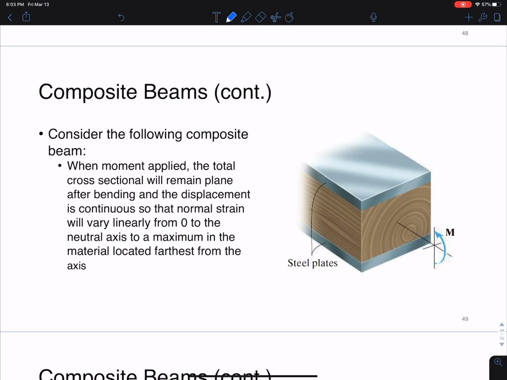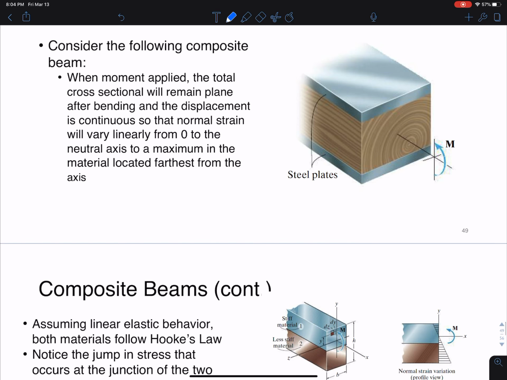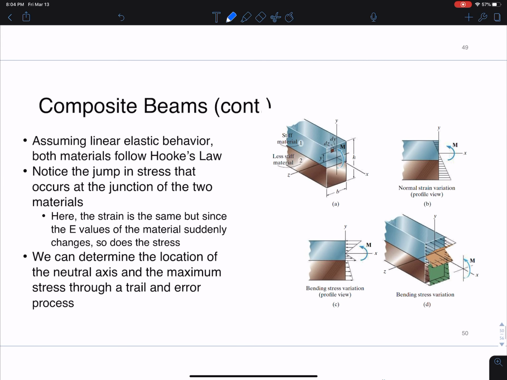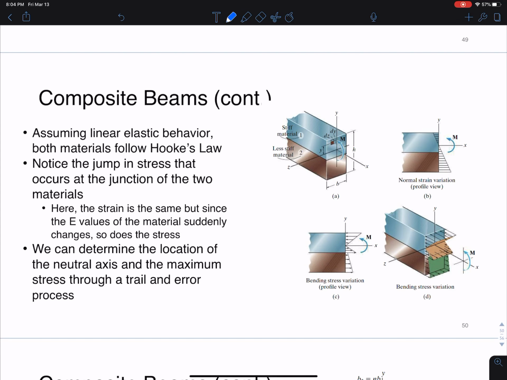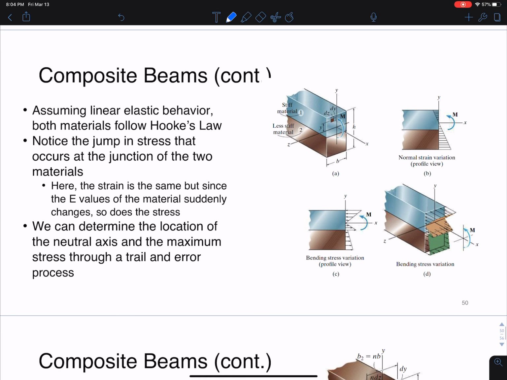And when we apply the moment, the cross-section is going to remain plane after bending, and the displacement is continuous, so the normal strain will still vary linearly from 0 at the neutral axis to some maximum located farthest away from the neutral axis. Okay, and here we have all these diagrams that show what happens when we have these 2 different types of materials. Okay, so what we want to do is I'm just going to show you